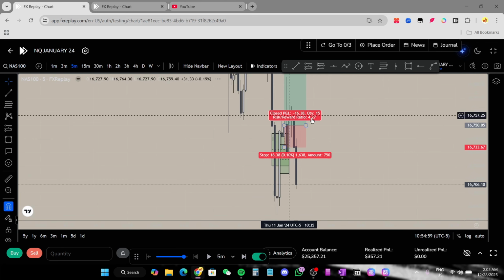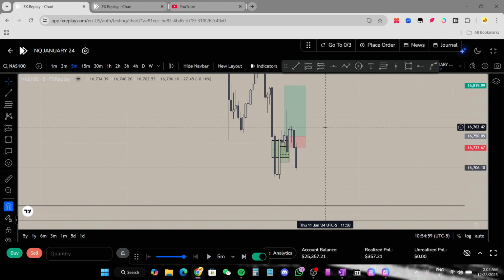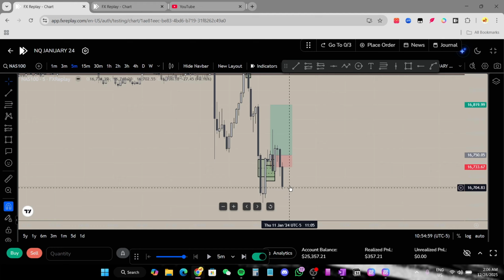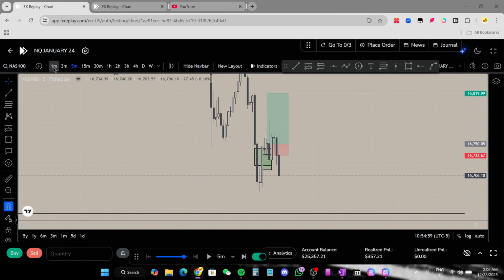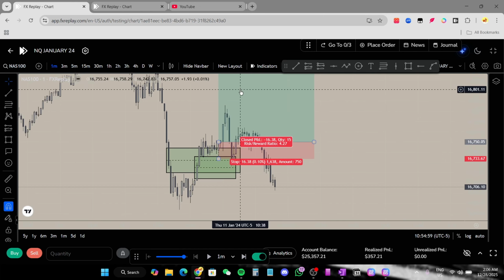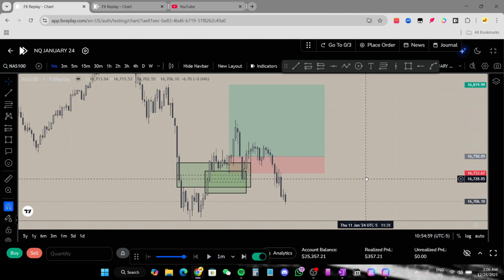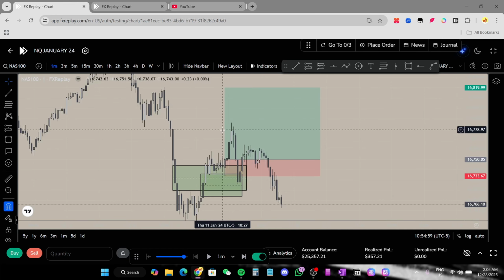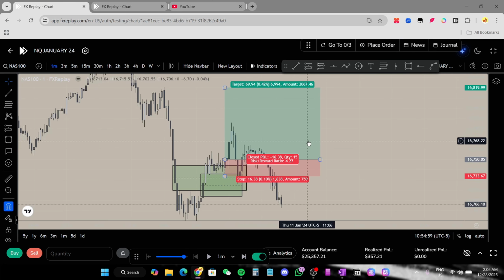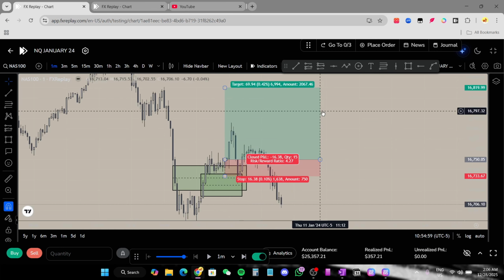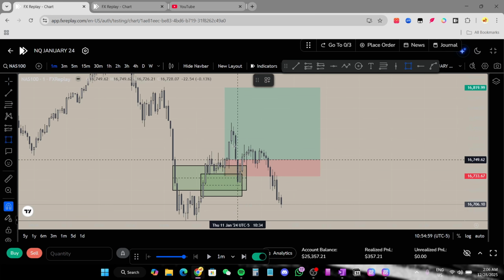What's the problem with this trade? Well, I was too zoomed in. Instead of trying to find an entry to ride with the trend, go with the draw on liquidity, like go with the structure that is hunting the draw on liquidity, I am zoomed in trying to find an entry model to reverse the draw on liquidity. Like I'm just zoomed in and trying to identify an entry, whatever entry. No, for you to go towards your draw on liquidity, we need a fake setup, which is this, right? So how can you use this? Look how beautiful this is, bro. Market structure shift, pull back,